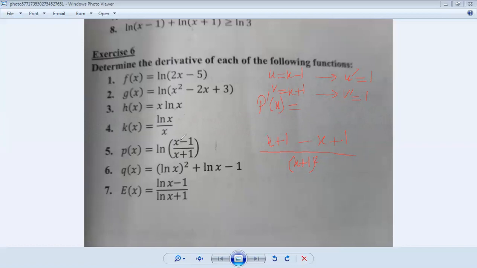And we have ln of u. The derivative of ln of u is u prime over u. Then we have also over u, so we get x minus 1 over x plus 1, which is equal to x plus 1 over x minus 1. And x minus x. Then we get 1 plus 1, which is